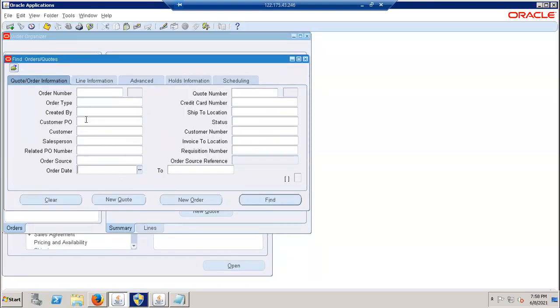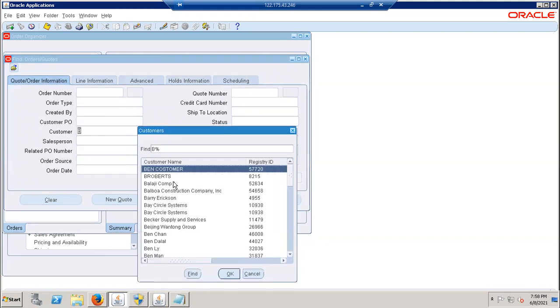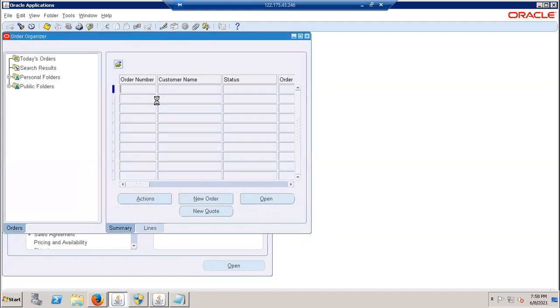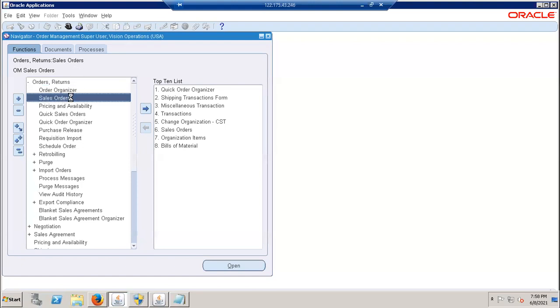Just see from, let's type A. Pro Breads, we will see this one. You can directly go and search there itself. Close this. If anything, the values are coming, then that is fine.